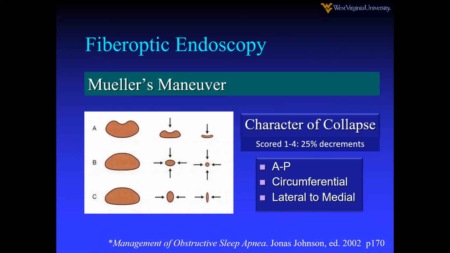So you have anterior to posterior obstruction. You have circumferential or lateral to medial. Lateral to medial is probably the hardest because you've got to stretch out that pharynx. It works best with a maxillomandibular advancement. Hyoid suspension can help with that, and even a transpalatal advancement. Circumferential obstruction is usually in the palate, not so much retrolingual, and that's where I go with the lateral expansion pharyngoplasty. And for AP obstruction in the palate, you need to think of transpalatal advancement, or in the hypopharynx, hyoid suspension